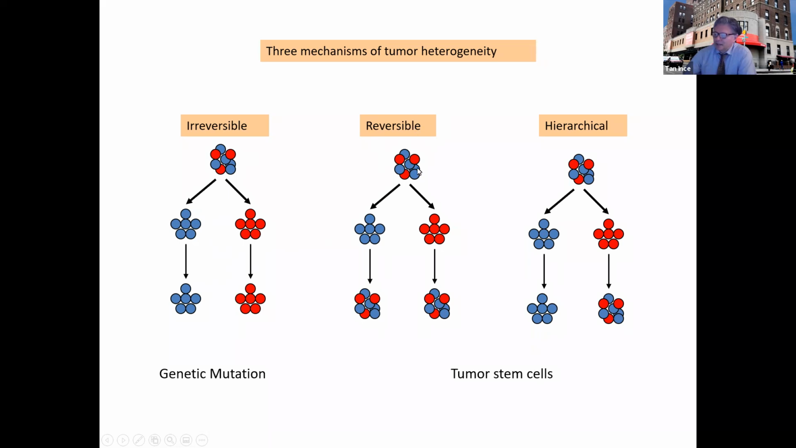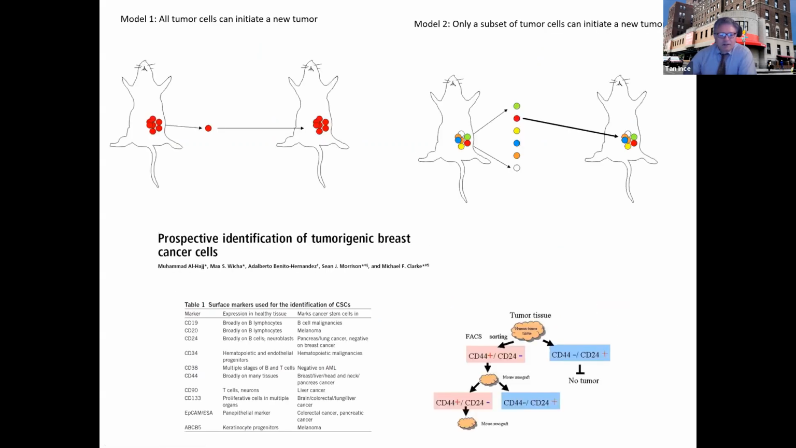If it's a reversible event, even after you purify them, when you inject them in a mouse, they will go back and forth, so you'll get two mixed populations. But if there's a hierarchical relationship where the red cells can give rise to blue cells, but the blue cells cannot, then the two arms of the experiment will be different, which would be the example of a hierarchical event. And this is exactly the experiment that was done by Max Wicha and Mike Clarke,